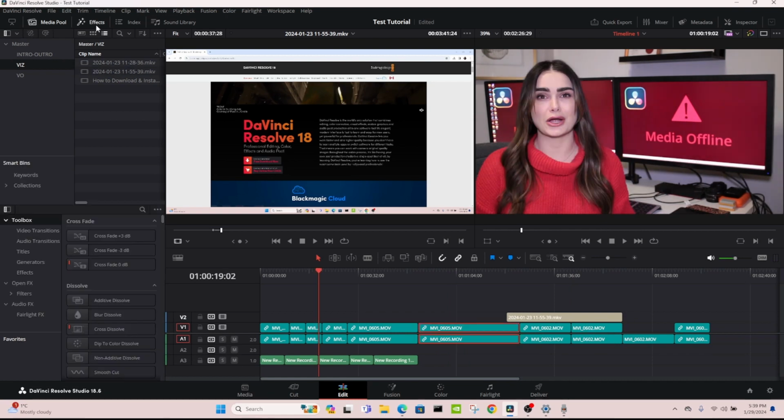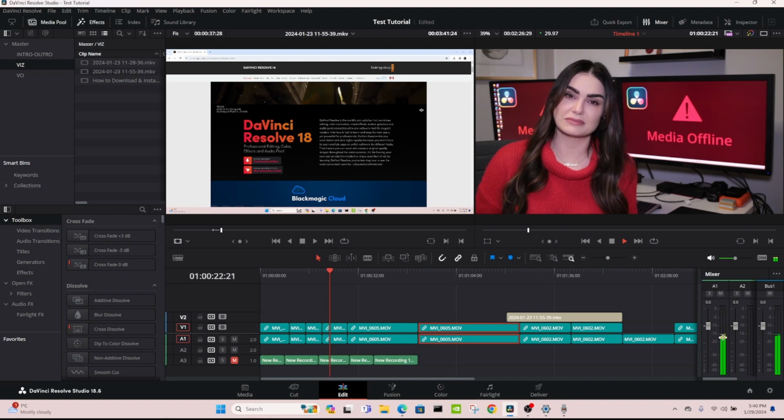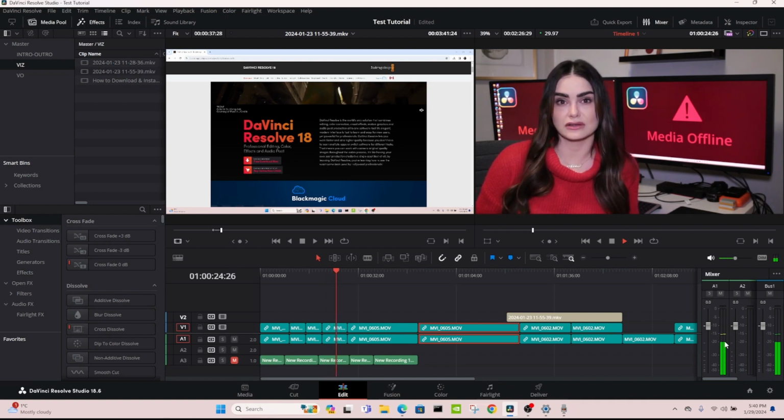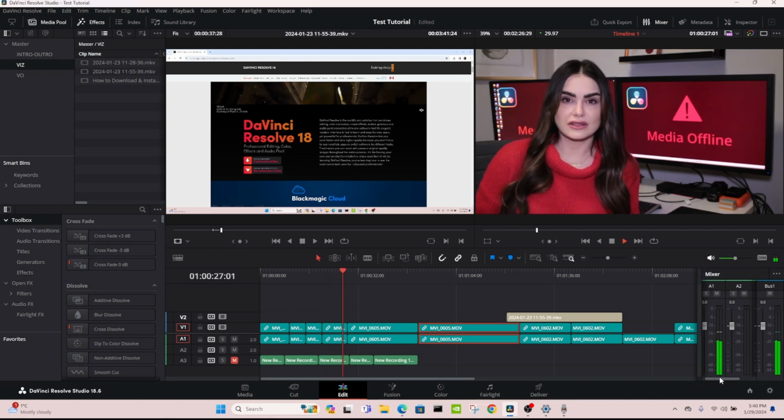Our effects tab can add a whole bunch of great automated effects that DaVinci has already installed onto your free version or your studio version. And they are very, very helpful for when you're editing and make your edits look pretty cool. You can also have your sound mixer window show, and you can see your audio levels here.